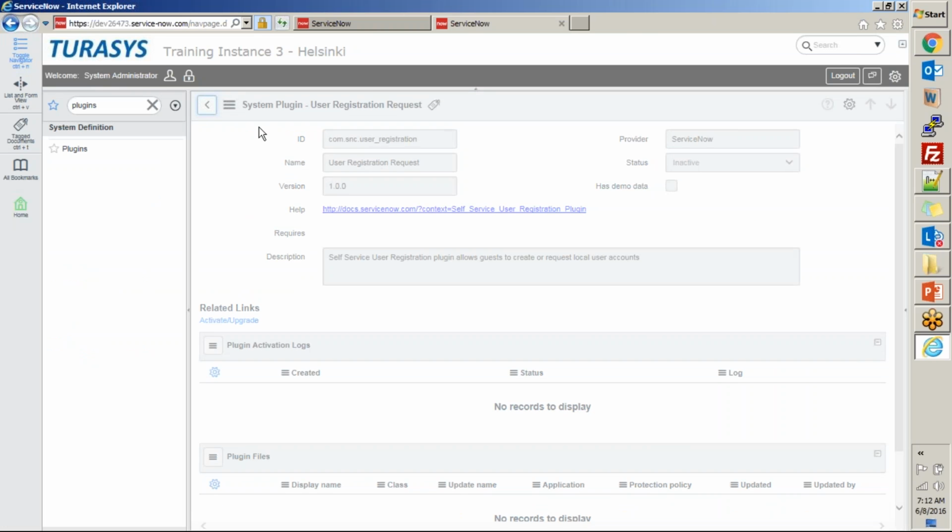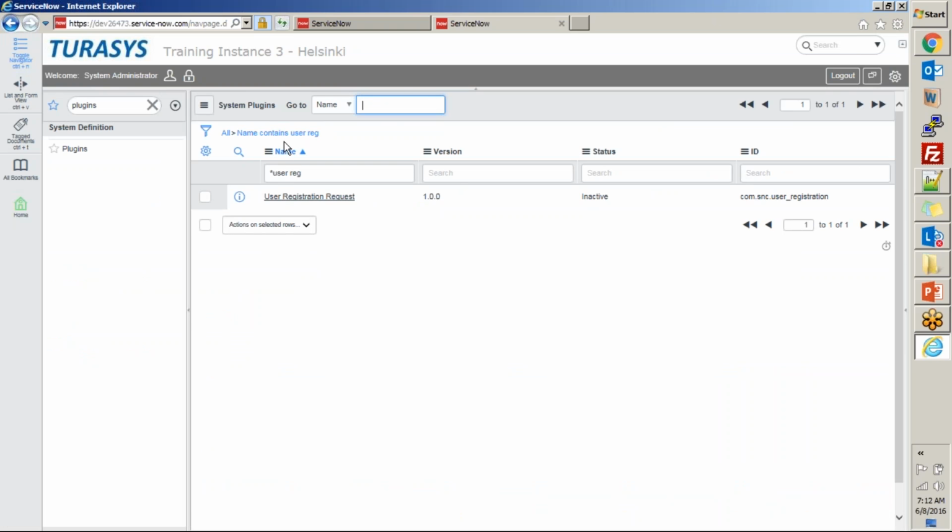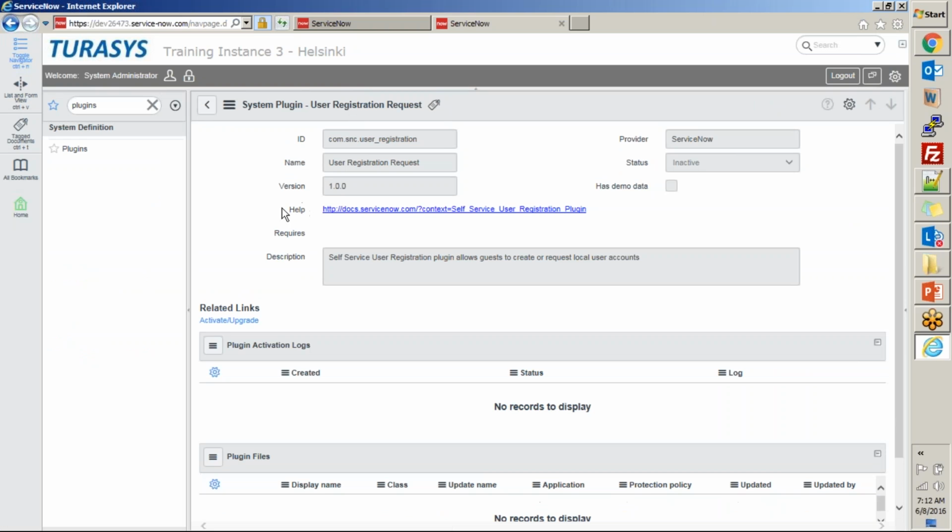To activate this plugin, it's a very simple activity. All you need to do is select the right plugin, click on the link for that plugin, and then within that plugin you have a UI, with a related link, which is an action available for you to perform that says activate or upgrade, right?